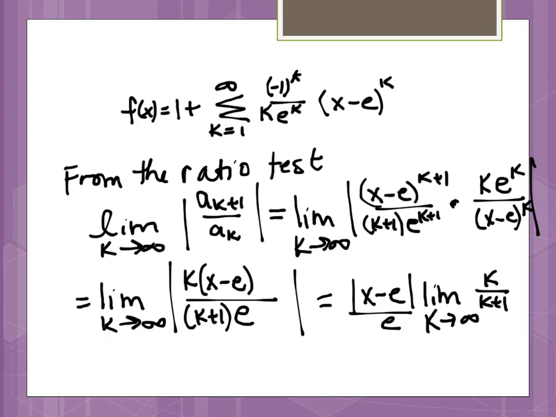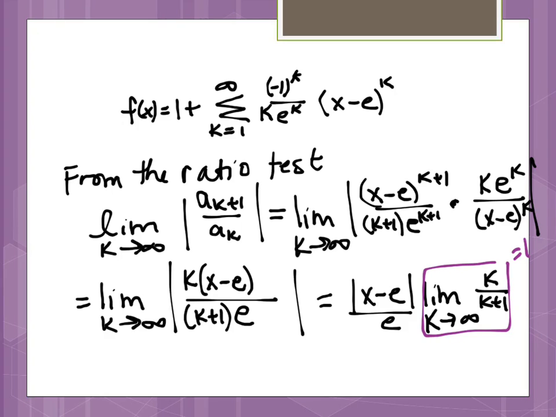What would you do if you actually wanted to show why that's equal to 1? There's a couple of things you could do. You could multiply the top and the bottom by 1 over k. There's another way you could do it. L'Hopital's rule would work too. Either of those is going to find for us that this limit right here